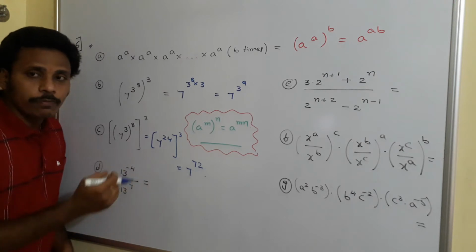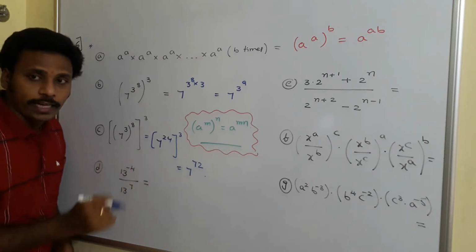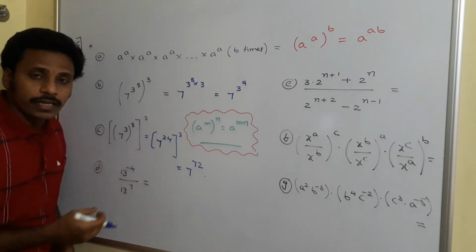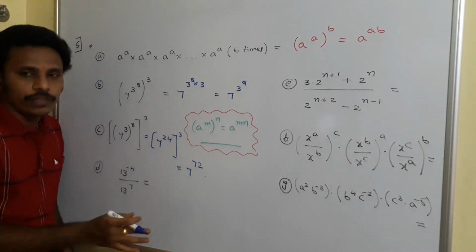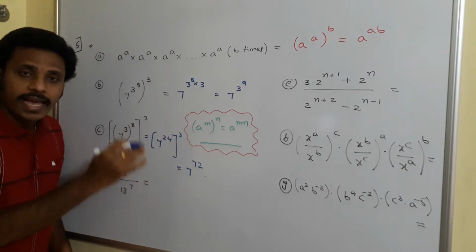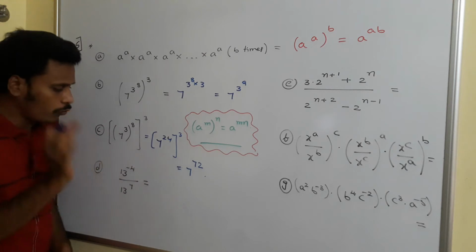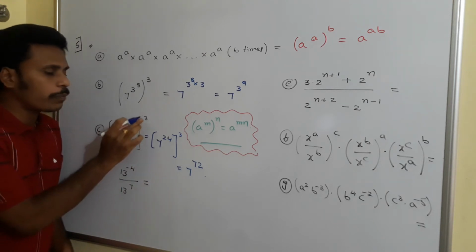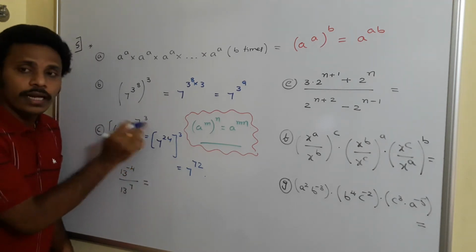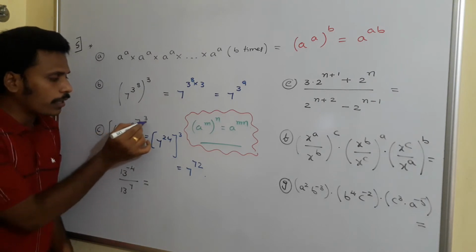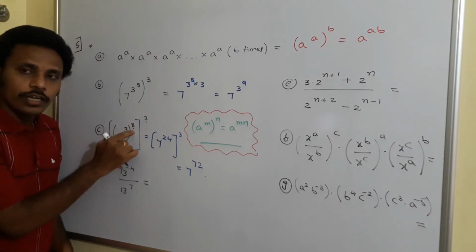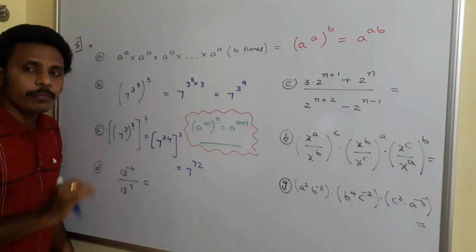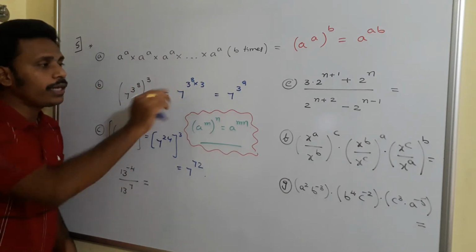But practically it is not possible to find a numerical value after multiplying 7 for 72 times. So you just leave it. You need to express your answer as an exponent, like 7 power 72. So for 7 power 3 power 8 power 3, everywhere bracket is maintained. In that case you just directly multiply these three numbers. 3 into 8 is 24, into 3 is 72. That is the problem.